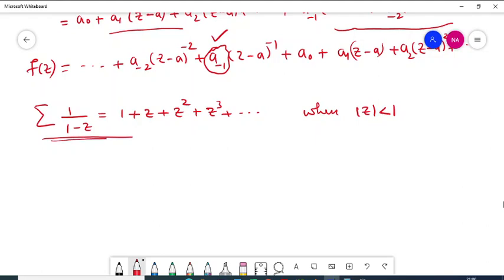So this series expansion is valid only when the modulus of whatever term you have here is less than 1, then we have this series expansion. If you understand this series expansion very carefully, then you can solve problems on Laurent series easily. That is actually easier than finding Taylor's expansion. The only thing is you must have knowledge of this one, 1 divided by 1 minus z is equal to 1 plus z plus z square and so on. This is called the geometric series.